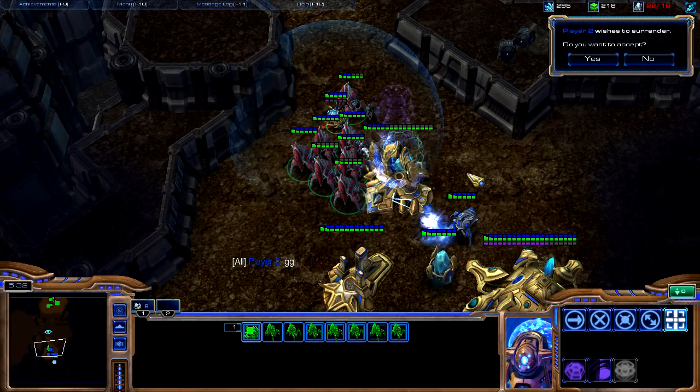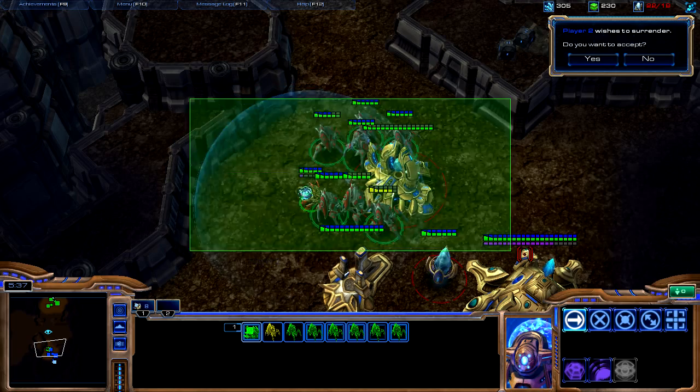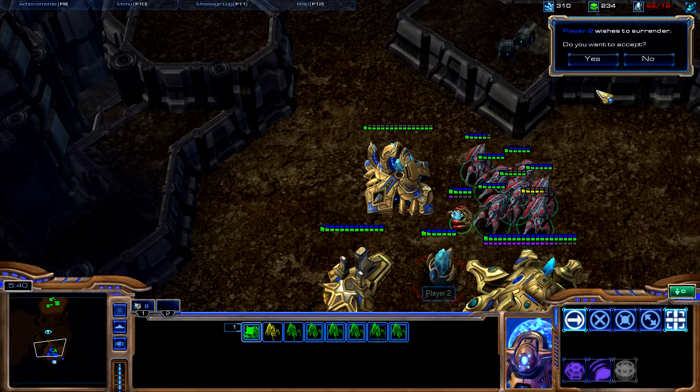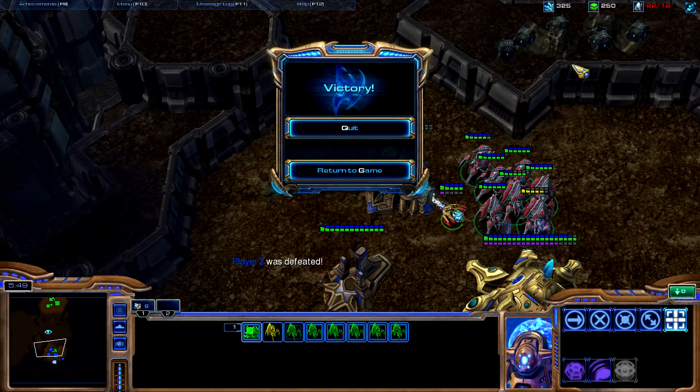Yeah, that pretty much explains the map. And as you see, if you overwhelm the computer, it gives you an option over here saying player 2 wishes to surrender. Do you want to accept? I'm just going to say yes, and then it says